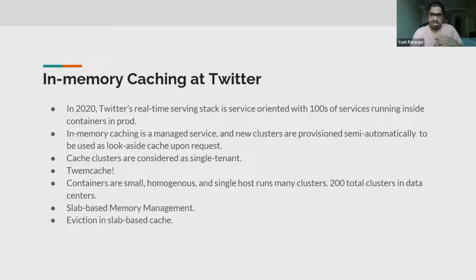So, eviction in slab-based cache. The original Memcache uses an approximate LRU queue per slab class to track and evict the least recently used item. This works as long as the object size distribution remains static. That is obviously not true in reality. Once you hand out memory, at a certain point you have no memory to be allocated. This is called slab calcification. To avoid this, Memcache uses slab-based eviction policies, which we'll discuss further.